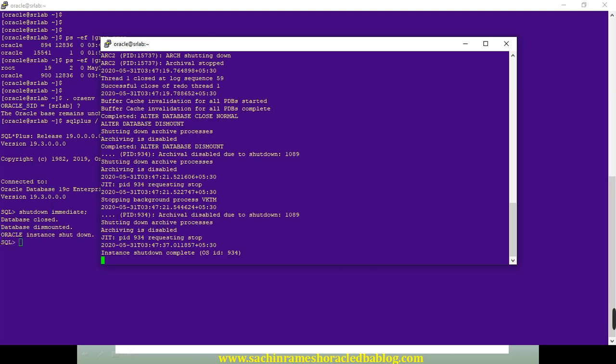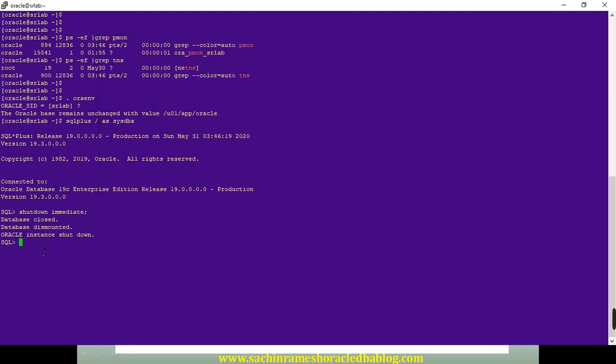Built-in, it is issuing the commands alter database close normal, alter database dismount. So instance shutdown complete. You can see here Oracle is shutting down.